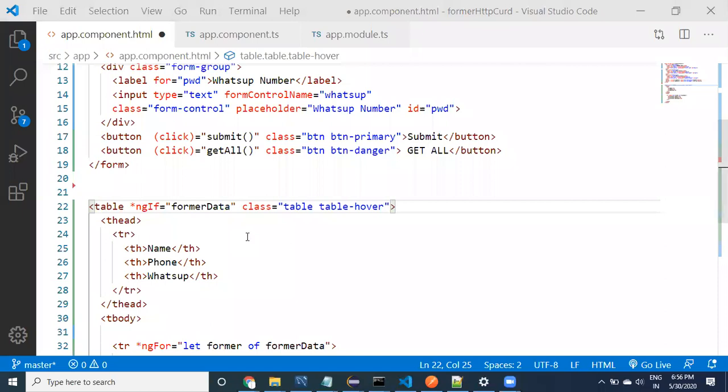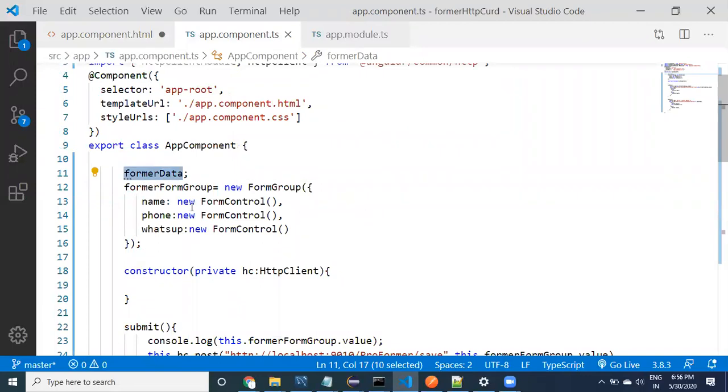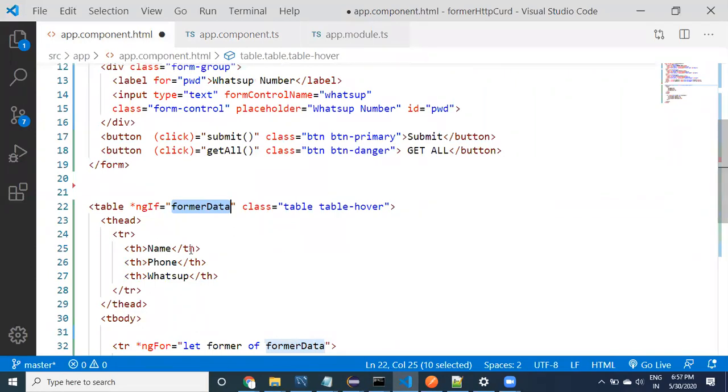This we need to use farmerData. I would like to check this property as a whole. If the property contains no data, I should not display the table. That's why if you provide it like this, if it is null, it's going to give you false. If data is available, it is going to give you true, guys.